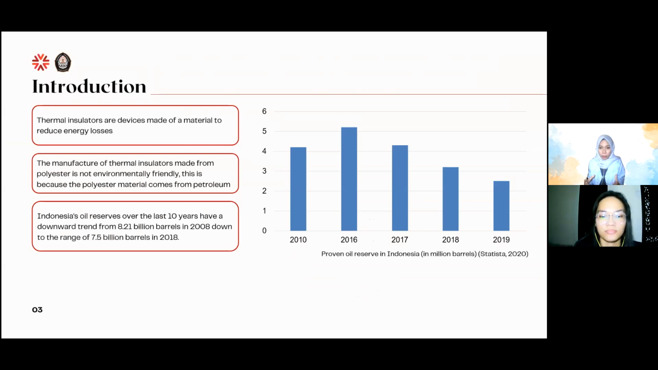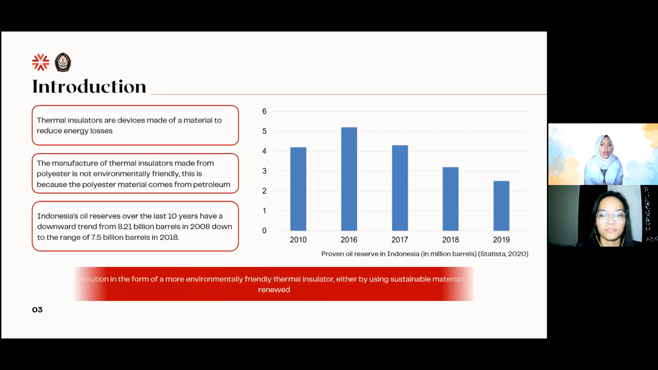As we know, Indonesia's petroleum reserves over the past 10 years have seen a notable decrease from 8.2 billion barrels in 2008 down to around 7.5 billion barrels in 2018. Therefore, we need a solution in the form of a more environmentally friendly thermal insulator, either by using sustainable material that